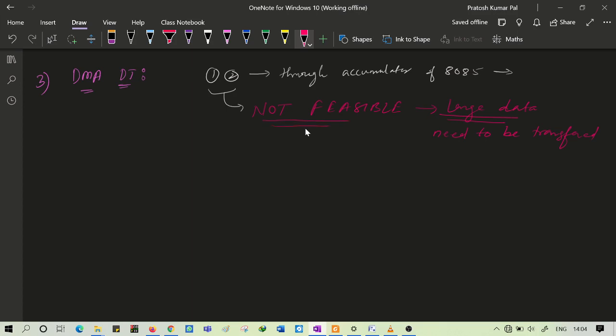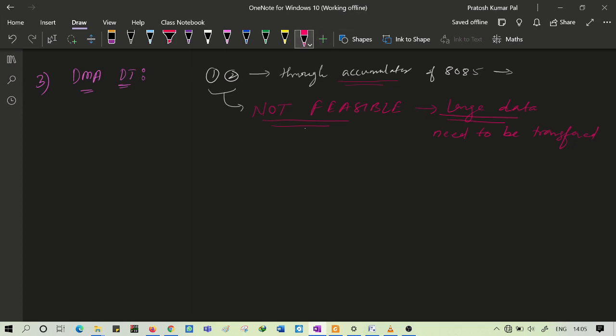Because in both methods the accumulator is the medium through which the data is transferred. For each data item, it will send the data from the memory to the accumulator, then from the accumulator to the device, and again for the next data the same process takes place. So it is very time consuming, and that's why this type of data transfer should be avoided.